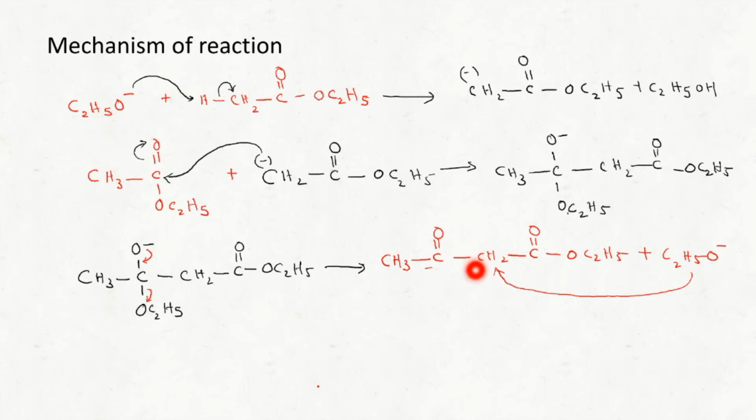So what we need to do in order to avoid that? At the end of the reaction, we will be adding some acid into that. We will make the medium acidic, so that this C2H5O minus will be getting converted into C2H5OH. And we will be getting beta keto ester. Correct, no? This will be the product of the reaction. Got it? So what we have discussed is the real mechanism by which the reaction takes place.